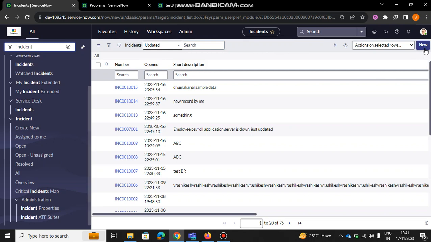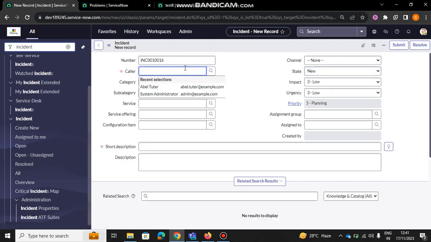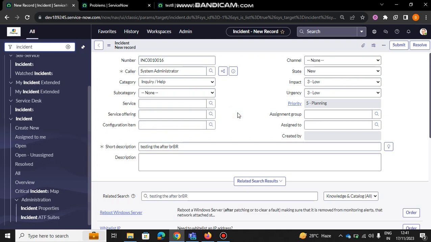So I will show you here. I will go to new, and caller, let's say system administrator, and a short description, let's say testing the after BR. We can write anything, I'm just writing this one. Okay, so now the interesting stage is that once I right click here and click on save, my interface